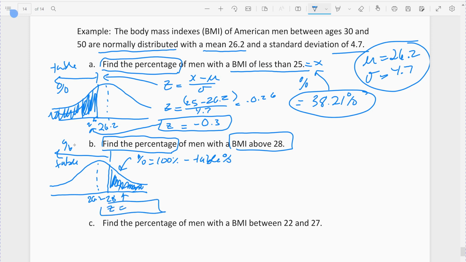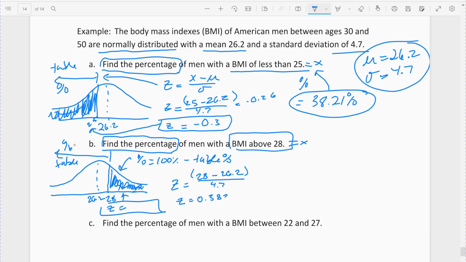Alright, so when I look my z-score up, that's not the answer. I have to subtract that from 100 to get the answer. So my z-score is my value, which is 28, my score, minus my mean, which was 26.2, over 4.7. And again, based on what we have here, I know it's going to come out positive, and it should be a positive value less than 1, right, because it's not one standard deviation away. And it does. It comes out